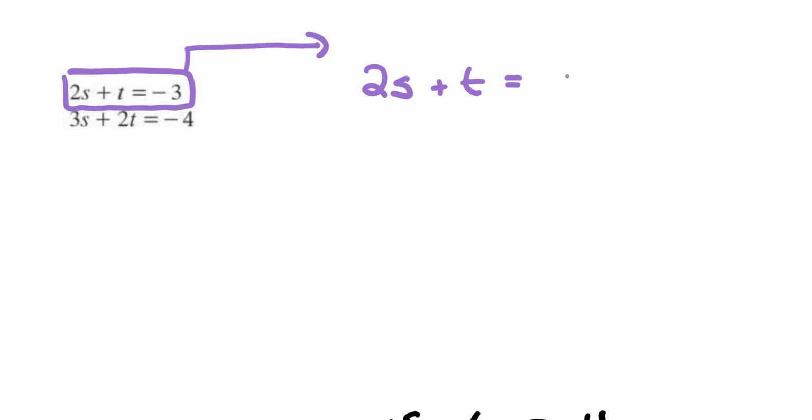Let's go ahead and copy out our first equation again and use this to solve for the t variable. So I have 2s plus t equals negative 3. Now we just noticed that s equals negative 2, right? So you have 2 times negative 2, because s would equal negative 2, and then plus t